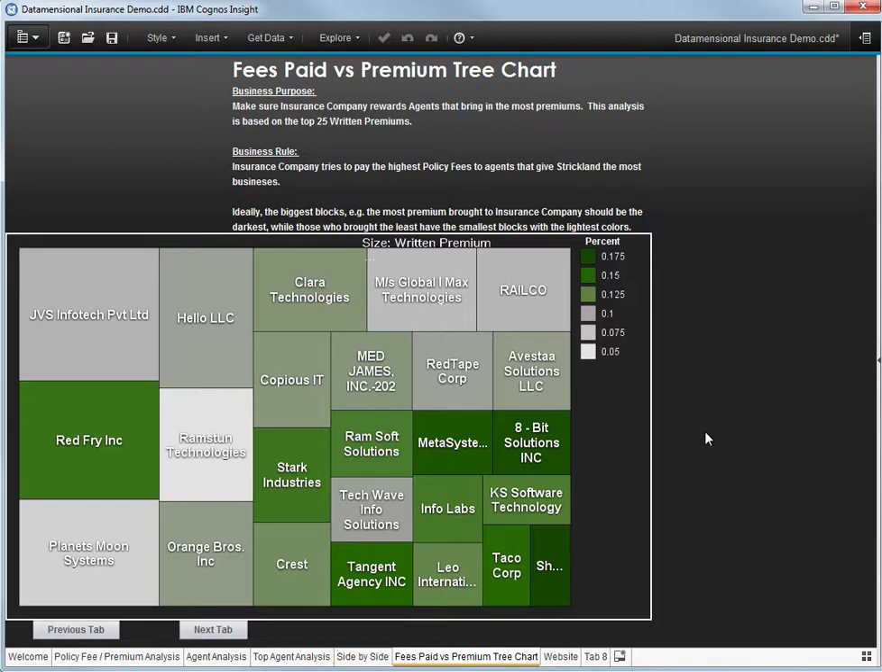So what we're trying to determine here is what companies. The size of the square shows how much revenue each agent's bringing in, and the darker the square, meaning the higher the percent we're paying out. So you can see that this is only the top 25 of all agents, and we get to see, like, does it make sense for us to pay a huge percent to Sham Software Solutions, which is a fake name,